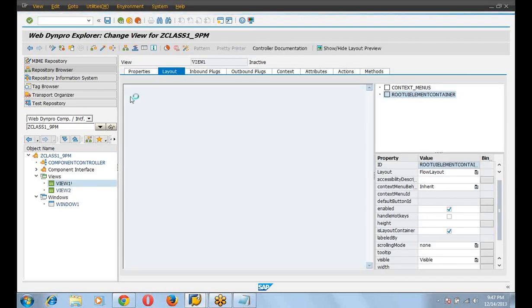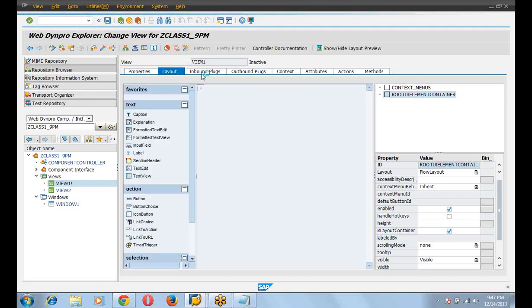For every view, there will be different things: properties, layout, inbound, outbound, context, attributes, actions, and methods. In the layout, the screen designing will be here. What we have designed will appear here.